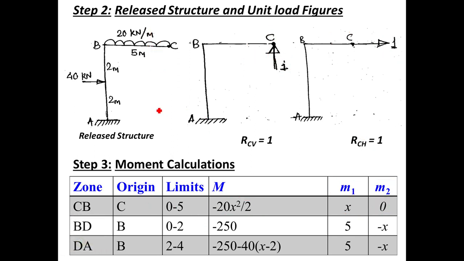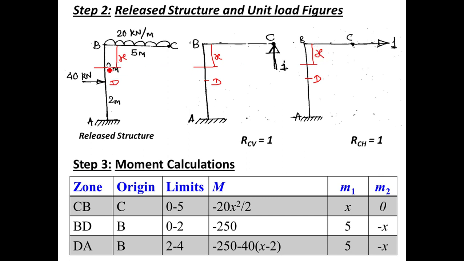Now take the moment in the second zone. The second zone is in the column. First show the section in all three figures. Please mark the point D here. This is point D, the point where the point load is acting. Now if you take a section in all three figures in the second zone, first mark the distance x. Distance x is measured from the origin. For the second zone the origin is B, don't forget. So this distance is x, the vertical distance from point B is x.